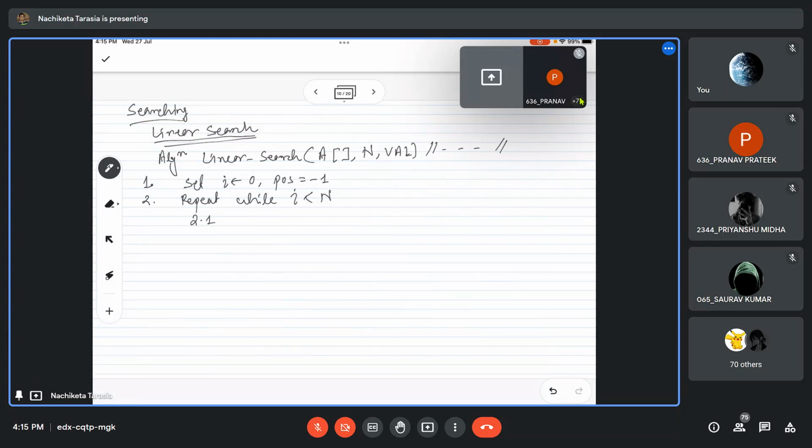2.1: if a of i is equal to the value I am looking for, then if this is true, what I need to do is set position to i. Like I may get the element in the first index or second index or third index or any index. Whichever index my match happens at, I store it here in position. Okay. Then 2.1.2, you can display